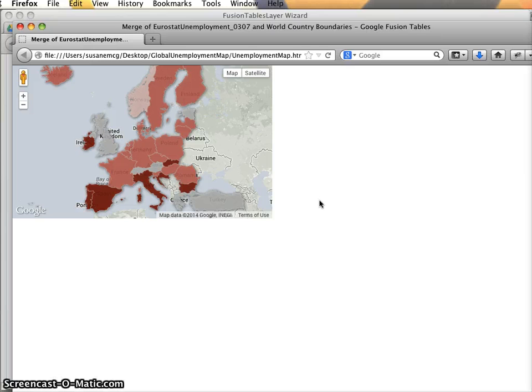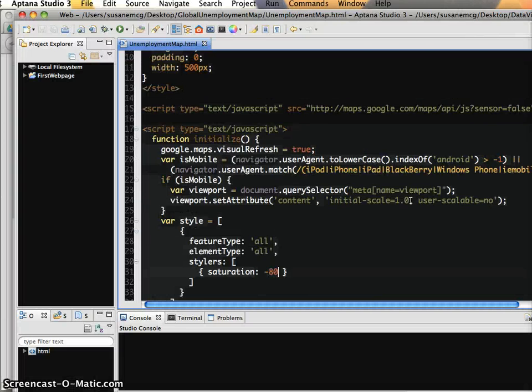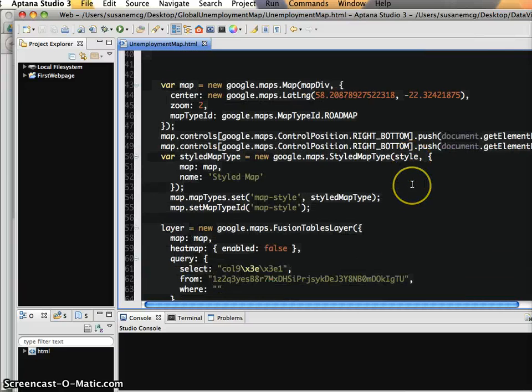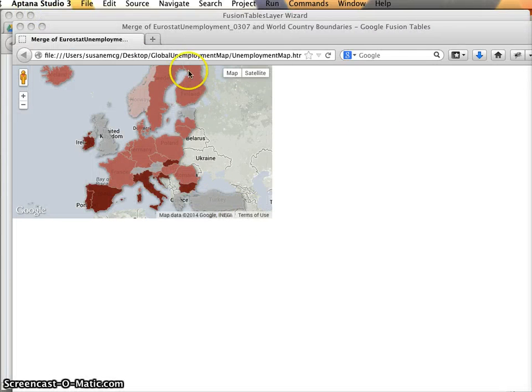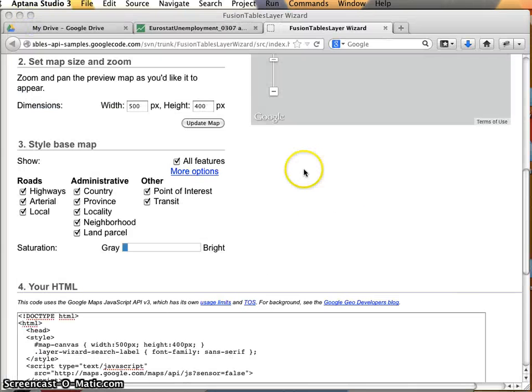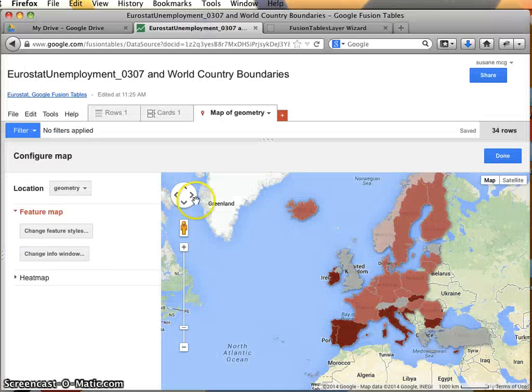Hopefully, this hasn't been too much new information. But again, I want to point out that this is a template that you might create, and then all you might change is some minor information in here. Things like the table ID and the column in order to get maps that look the way that you want them to look. One final point that I will make, which is actually a nice add that they created here,